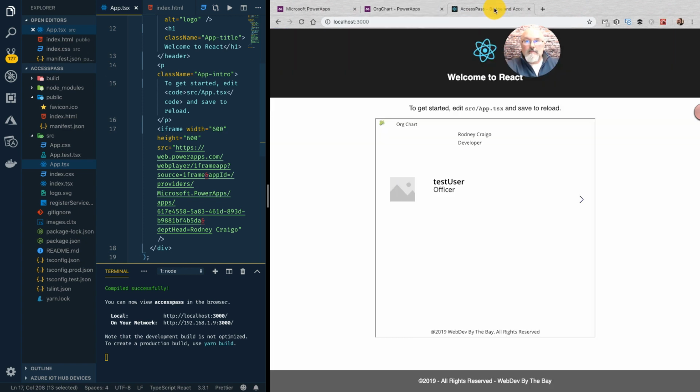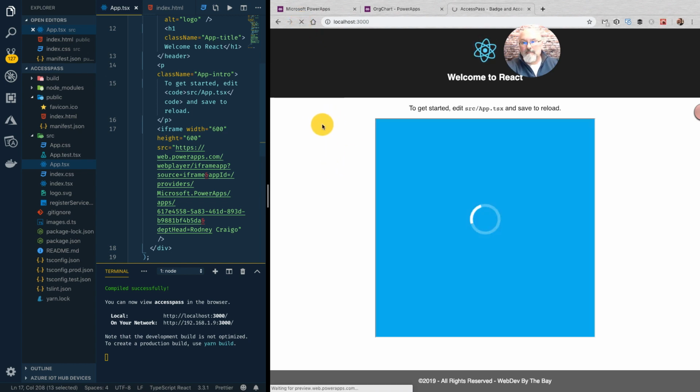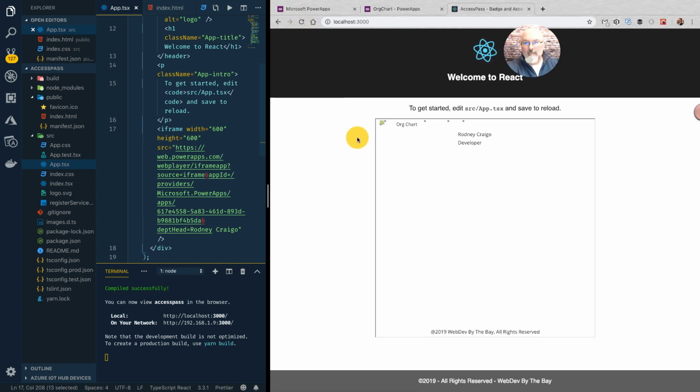And I'm going to go over here to my React app. Let's do a refresh real quick. And there is the value. Now, just to make sure, I'm going to change the name here, and it will show an error message because this user does not exist in Active Directory.